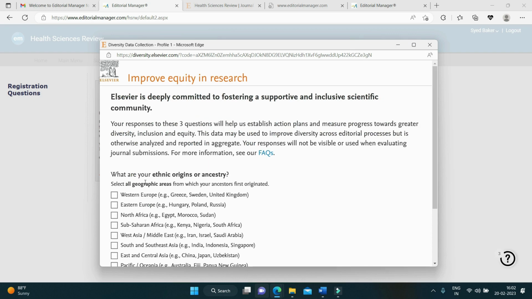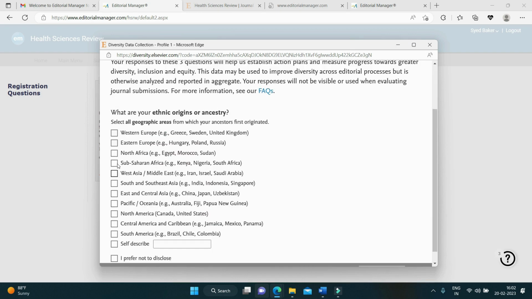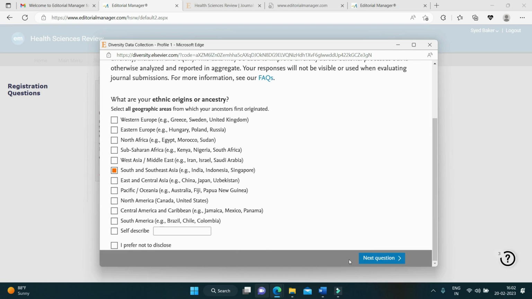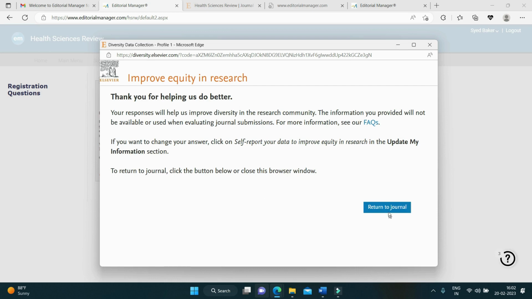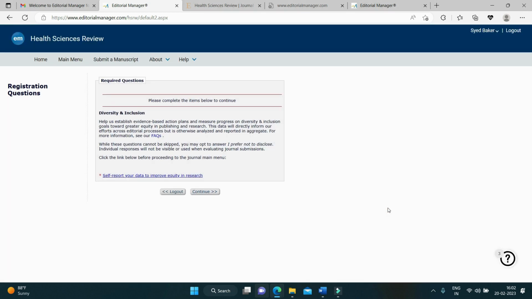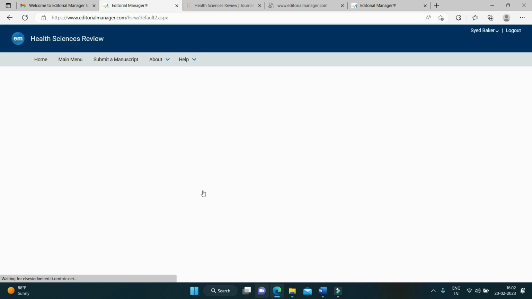Next, you need to choose your ethnic origin or ancestry. So next, how would you identify yourself in terms of race? Submit the response or return to the journal page. Here again you need to click continue,